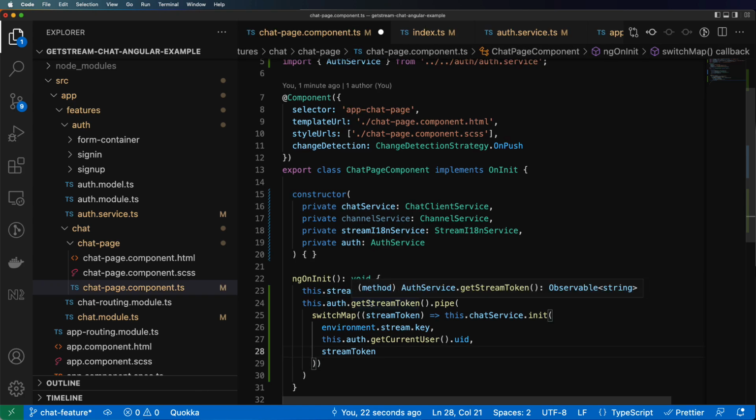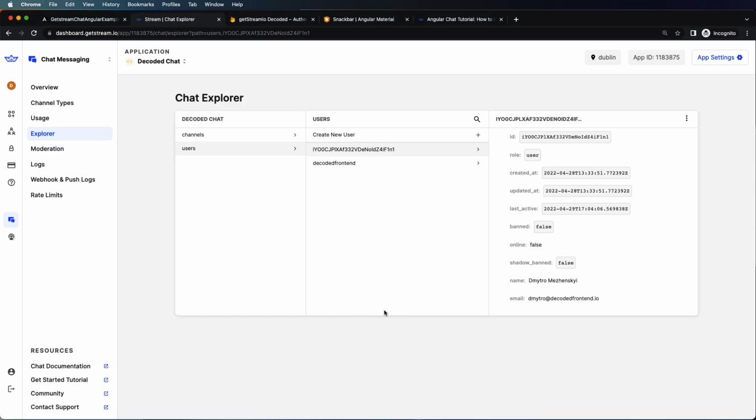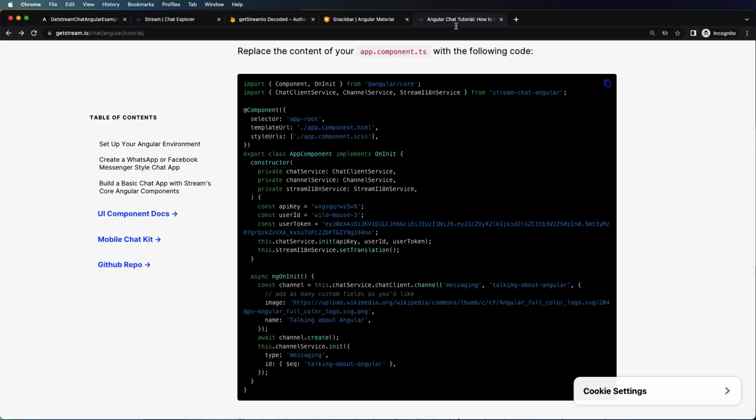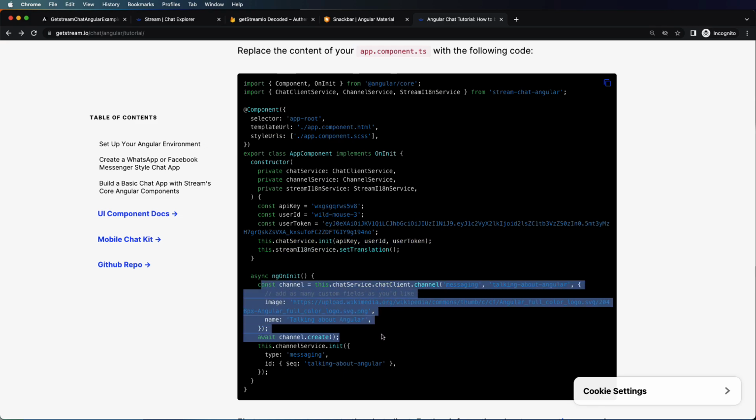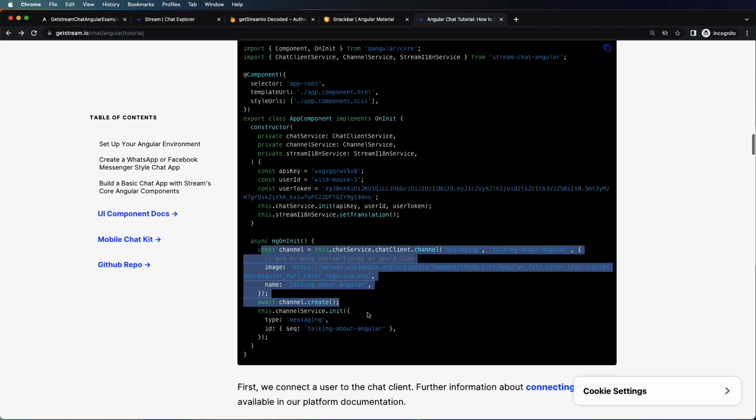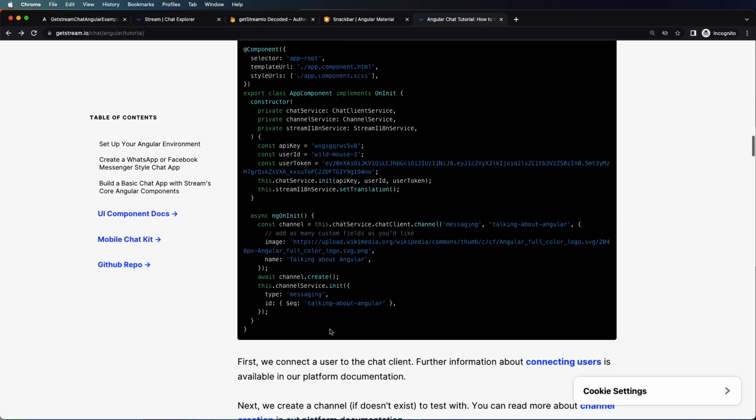And now let's quickly jump to the documentation and have a look if we may be missing something. So this part we have already done. This is the channel creation. We will be doing this a little bit later. And it looks like we have to initialize the channel service and start to listen for our channels. However,